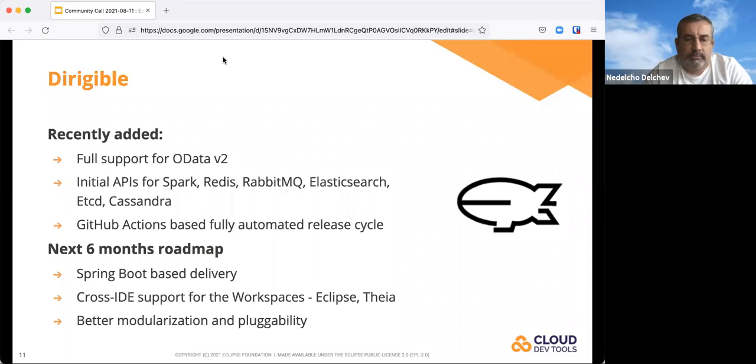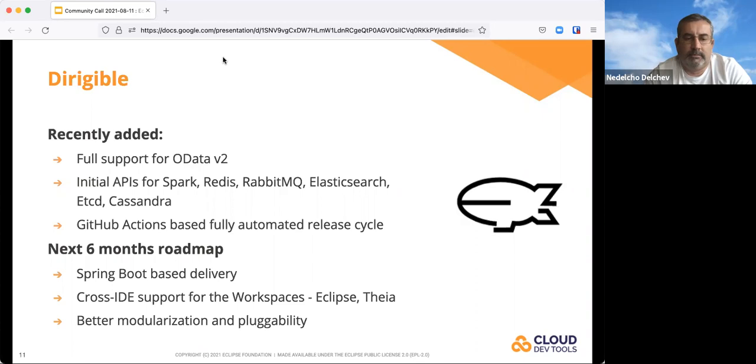What we envision to focus on in the next couple of months is that we very much would like to be able to deliver the Dirigible stack as a Spring Boot application, especially with this single jar concept.